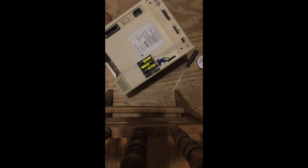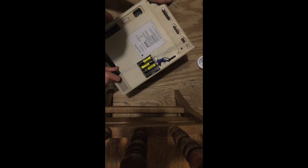No, the joke. Okay, what's wrong with it is that it has no speaker hole on the side, so you'll have a muffled speaker whenever you turn it on. Yeah, PC sound. So you'll never hear the boot up unless you cut. Oh, well, it's very hard to hear the boot up or anything like that because they never cut a hole in this specific one, which is really weird because this was the high-end one out of all the other ones,